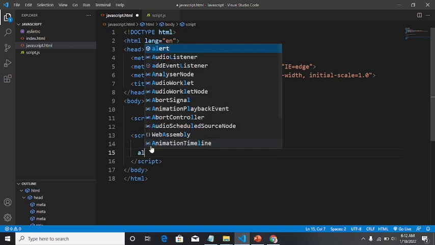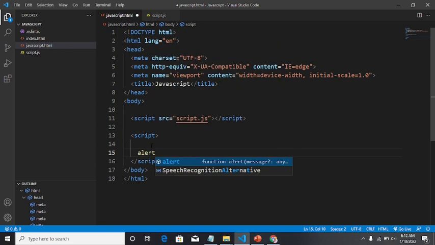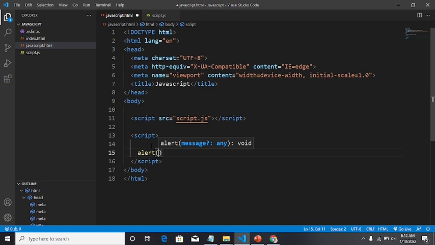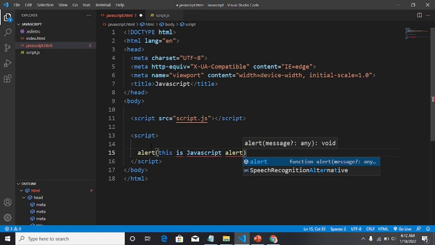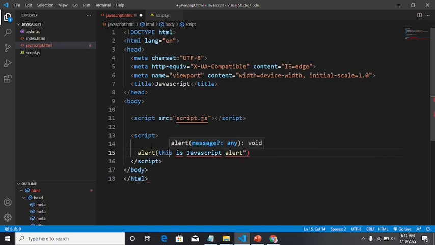For example, when you say alert, something like alert, this is JavaScript alert. So we can embed it within our HTML, and then just run, so that whenever we run this page,